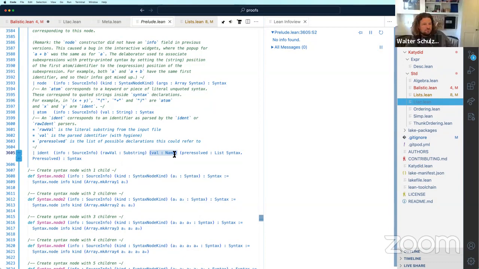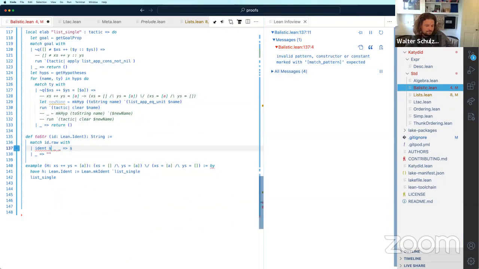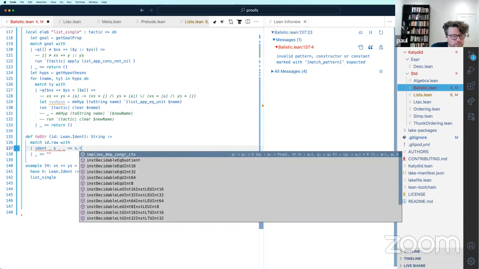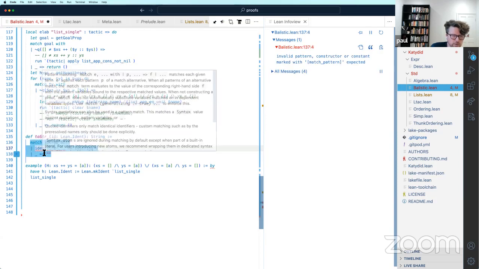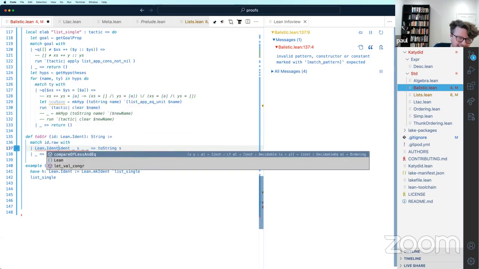Okay, so four parameters. And let's start with the substring. So of course, how do we refer to this?